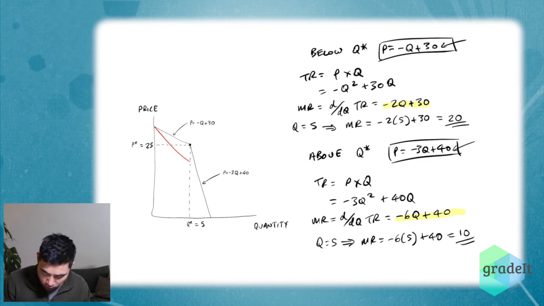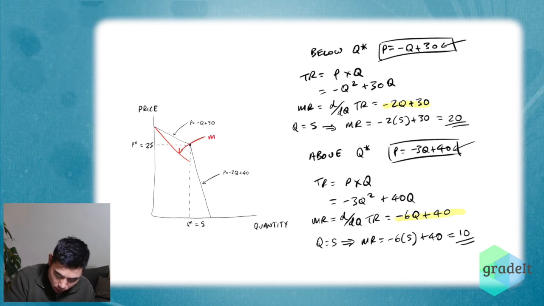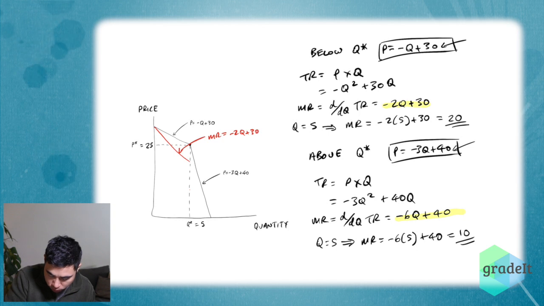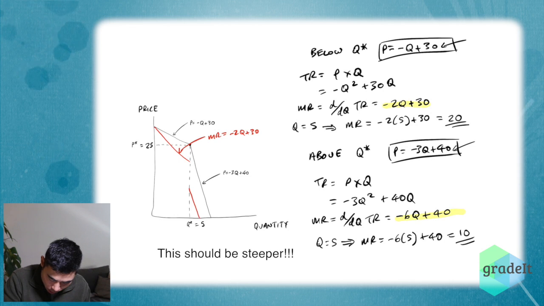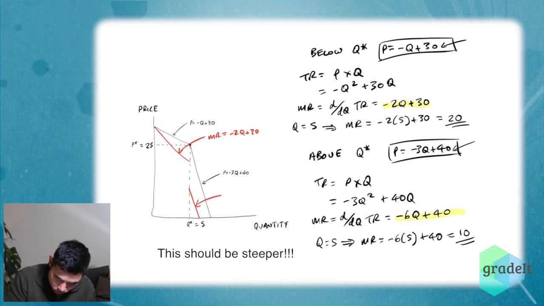Okay, and then that is where marginal revenue equals minus 2Q plus 30. And then for quantities above Q star, we have minus 6Q plus 40. It's going to look roughly something like this. Okay, marginal revenue equals